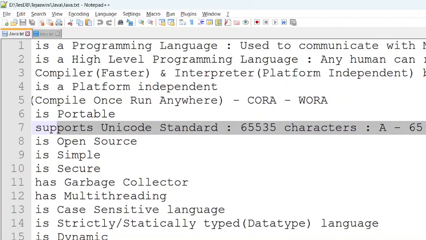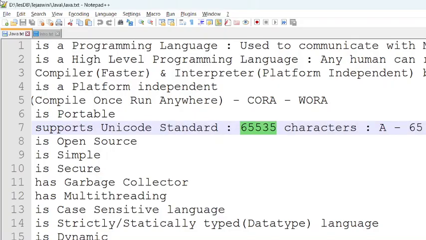Actually, C, C++ kind of languages are basically decimal standards. Decimal standard means 128 letters or 256 letters. That much only C, C++ know. Like for example, in C, C++, there is a data type called character. In that character, you can store 128 characters or 256, because they are ASCII, extended ASCII. But what about Tamil, Telugu, Kannada characters? No, you cannot store them. But in Java, you can store